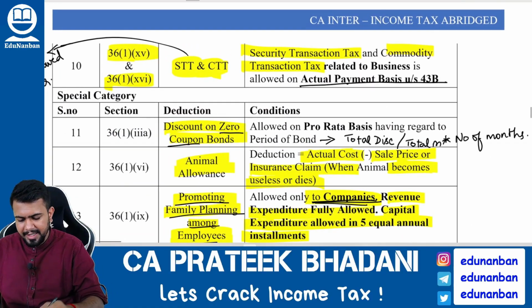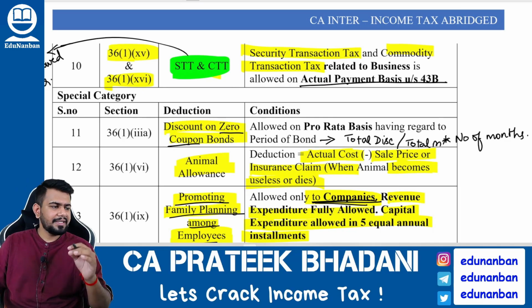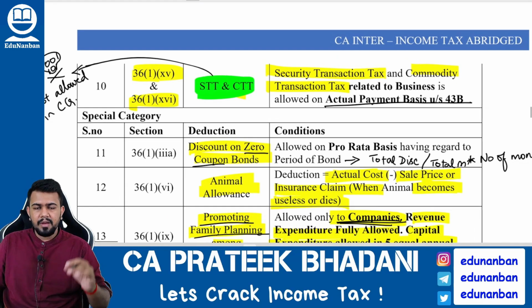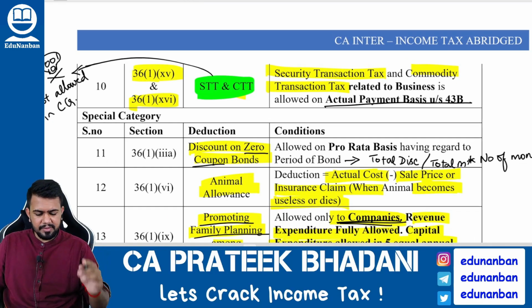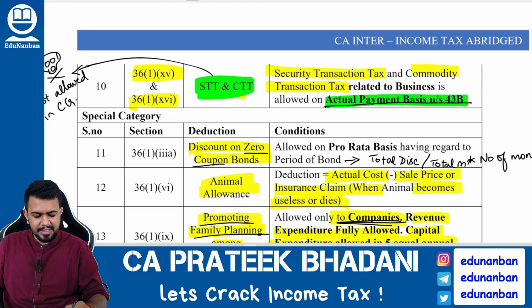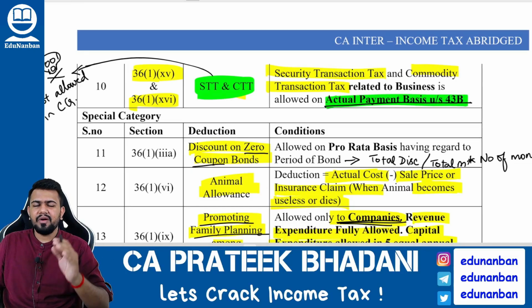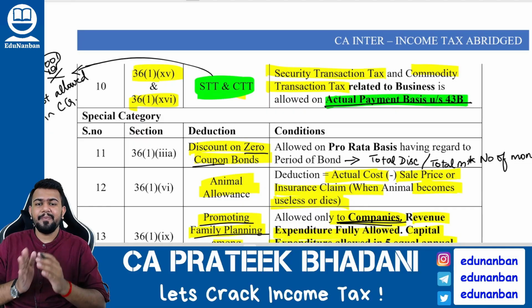Now let's talk about STT and CTT. What is STT? Securities transaction tax. What is CTT? Commodity transaction tax. Both are allowed as a deduction under PGBP, and they are allowed on actual payment basis because it is a tax. Tax is allowed on actual payment basis, which means pay it on or before the due date to file the return